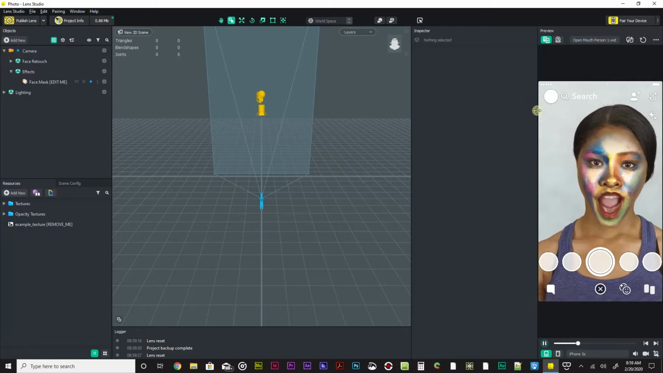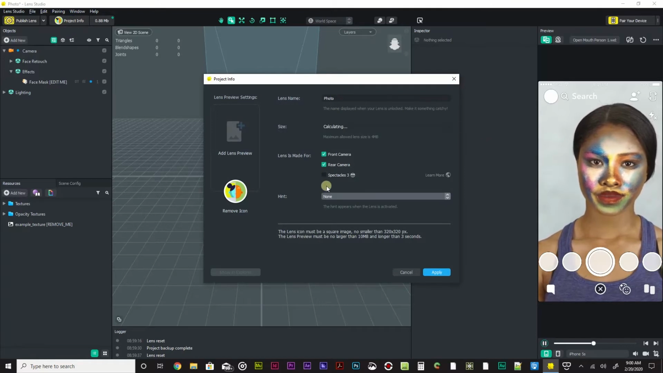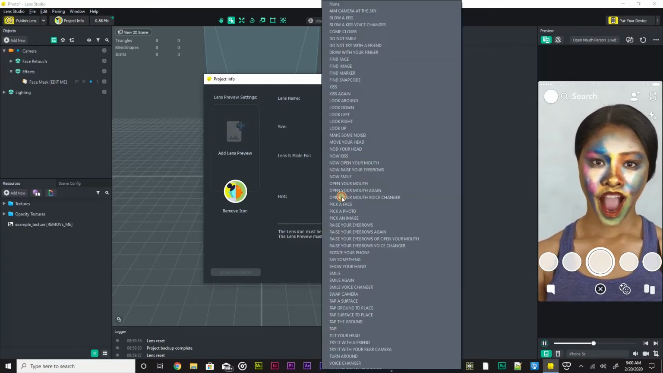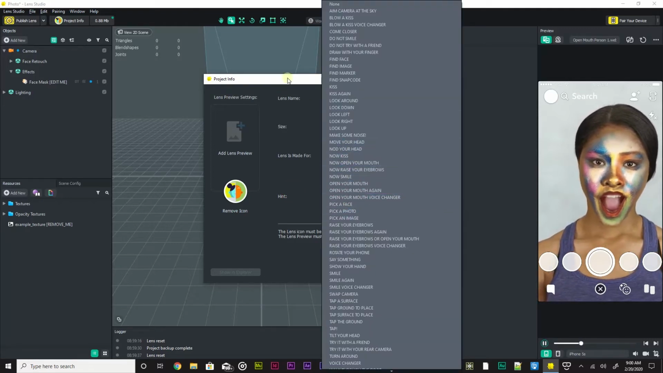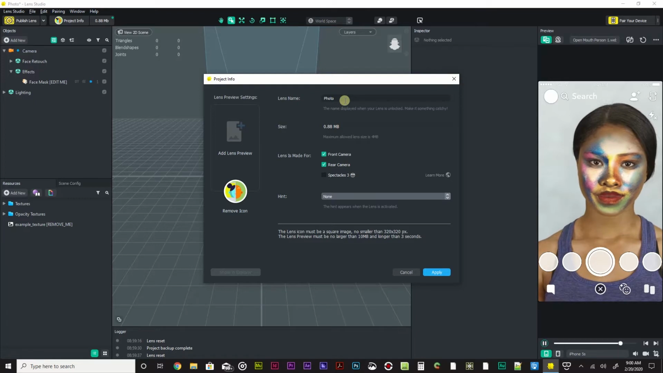So let's take a quick look at the layout of Lens Studio. We have a few different things here. We have drop-down menus where you can find different things like import new project, etc. We have the button to publish our lens. You need to have your account hooked up in order to publish a lens, so that's why I signed in. We have project info, which will tell us about what cameras it can use, and we can give a hint, like, hey, make a kissy face, to give them some instruction. We can name our lens, and I'm just going to name this